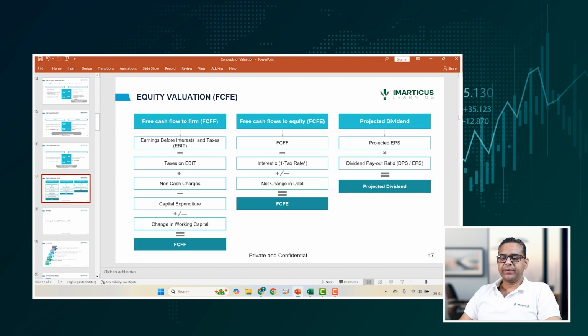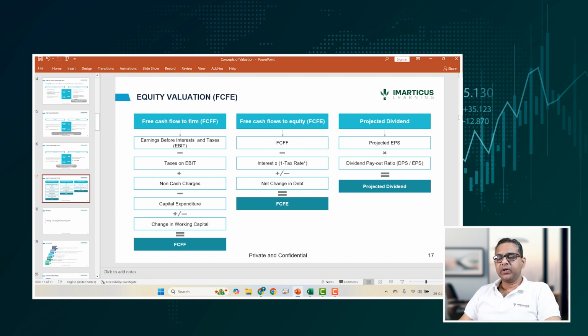Let's see how we calculate FCFF first. For FCFF calculation, we start with EBIT. EBIT belongs to both debt and equity. From EBIT, we pay the interest expense. We come down to net profit. We pay dividends. So EBIT is our profitability measure on which both have a claim, and we are talking about free cash flows to the firm here,